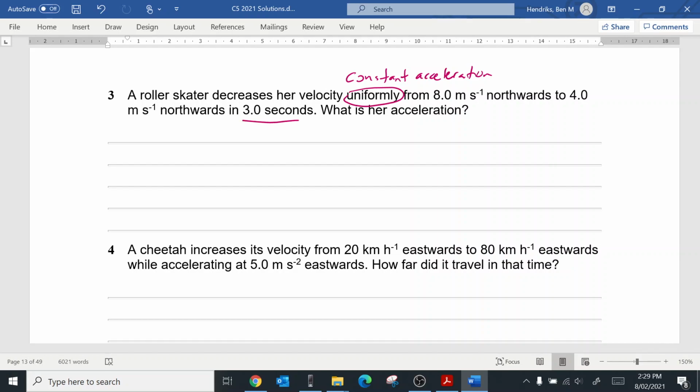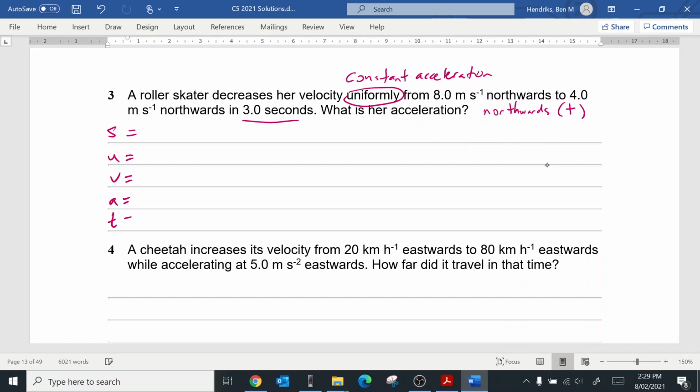What is her acceleration? So the first thing we need to do is define which way is positive, and I'm just going to say northwards is positive, and then we write down SUVAT, S-U-V-A-T,